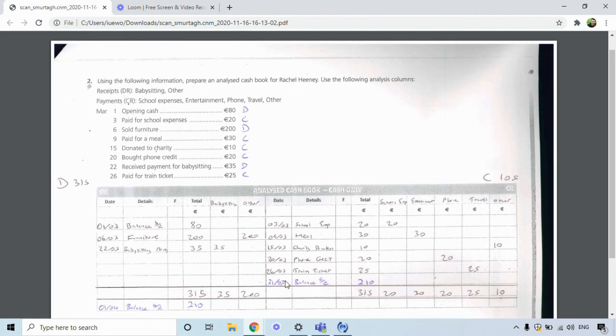So we always go with the last date of the month, which is 31st of the 3rd. Balance CD is €210, which means that when we start next month, what we have left over, our opening balance for the next month, or our opening cash for the next month, on the 1st of the 4th, the 1st of April, balance BD will be €210. So guys, that's just a very quick video on how to do these questions. I hope it will help you as part of your